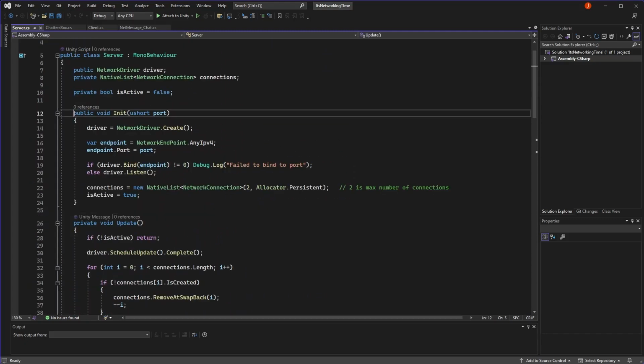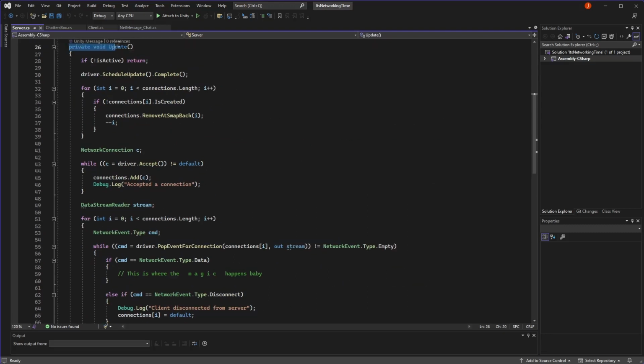When the server starts, which is usually just before the game begins, it'll set itself up by defining an IP and port number that clients can connect to. It'll then create a list of connections that will hold all the players that are connected to it. At the very start this list will be empty, but every time a player connects to the server, which will be when they join the game, they will be added to this list.